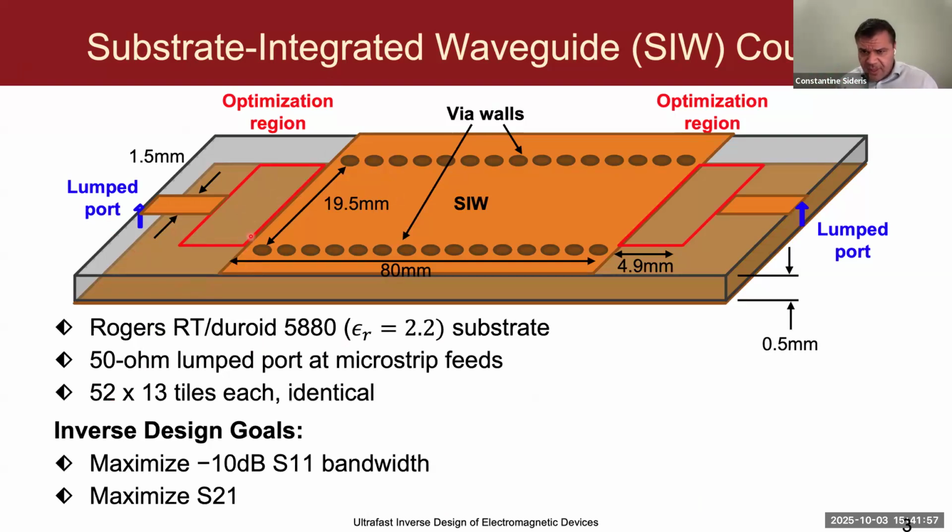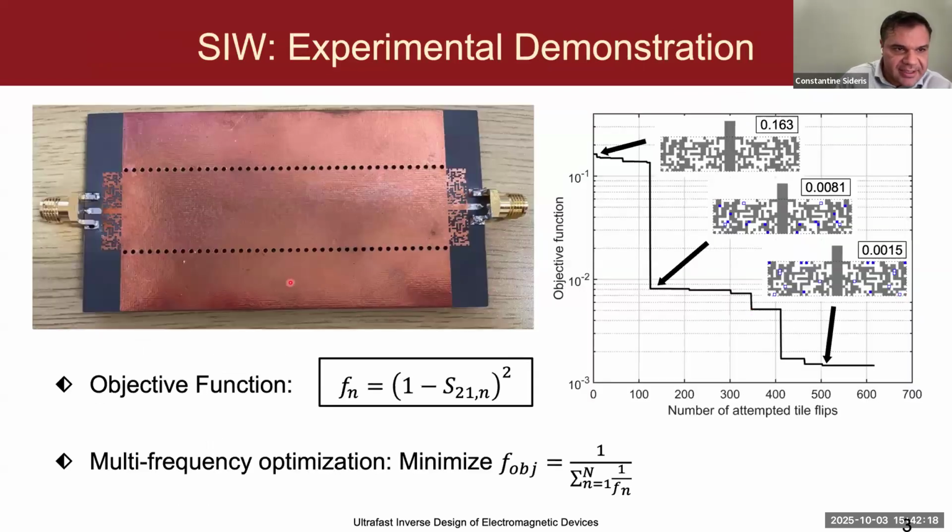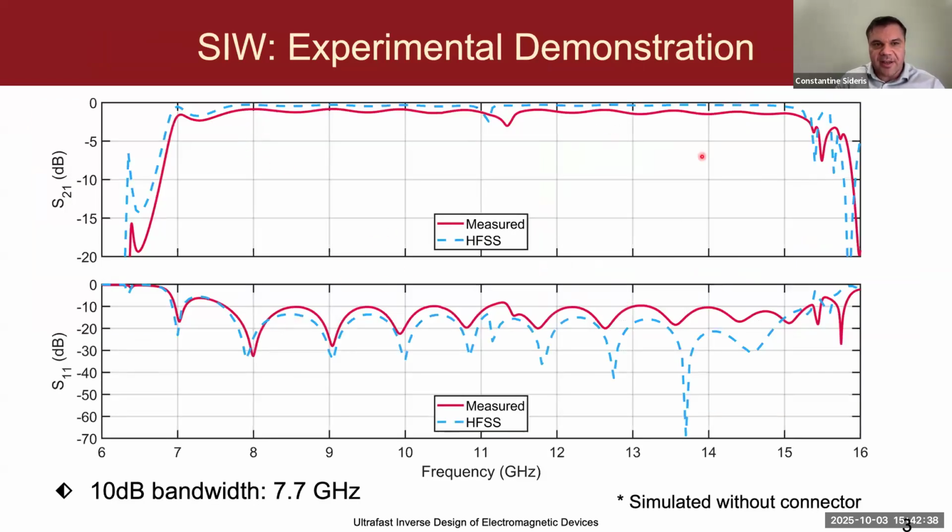to get a similar bandwidth. And so our structure here is symmetric with microstrip line feeds and 50 ohm lump ports at each end. And the two optimization regions are identical. So we're trying to optimize the S12 through this region with these mode converters on each side. So this is the finalized design. This is the structure that we have. It's this pixelated structure. It looks very non-conventional. It's basically a straight microstrip line and a bunch of these flip tile pixels. It really looks like it probably shouldn't work, but we fabricated it and we measured it, and it actually ends up working quite well.